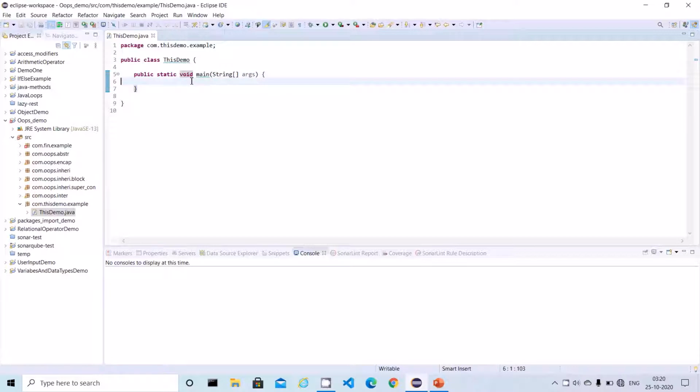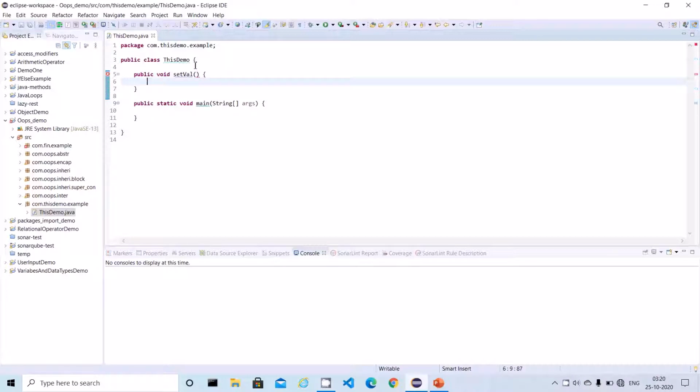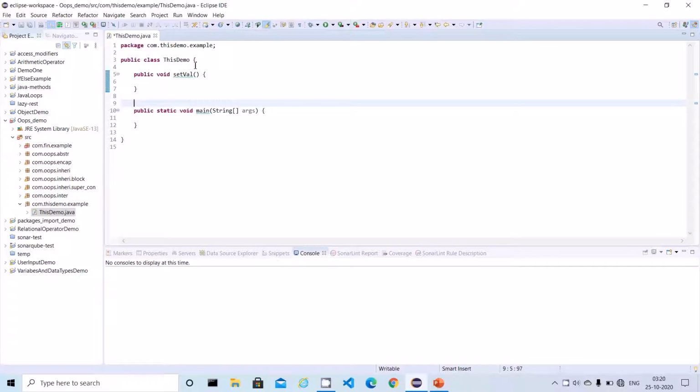What I'm going to do is write a couple of simple methods: one method will take an argument and another method will display the value. So let me write public void setVal. Similarly, I'm going to write another method which will display the value.